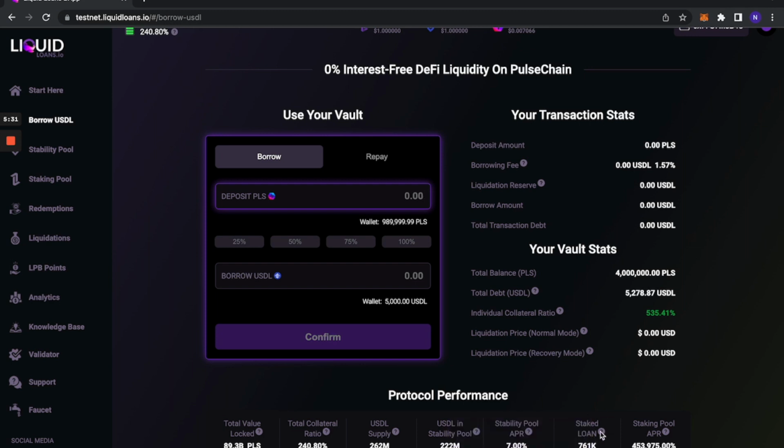And then you can see the amount of staked loan token, as well as the staking pool APR for the loan token, which is quite ridiculous right now, 453,000%. Jesus Christ, it's a lot, man. So